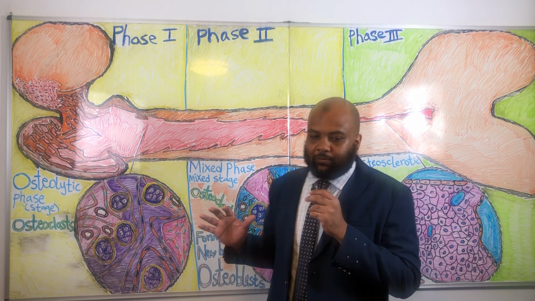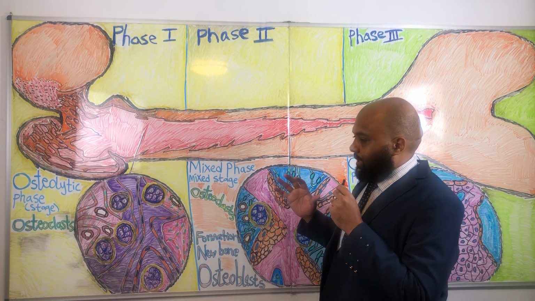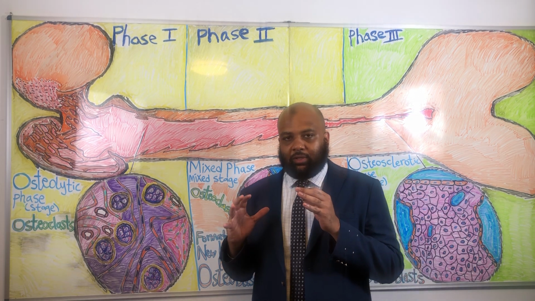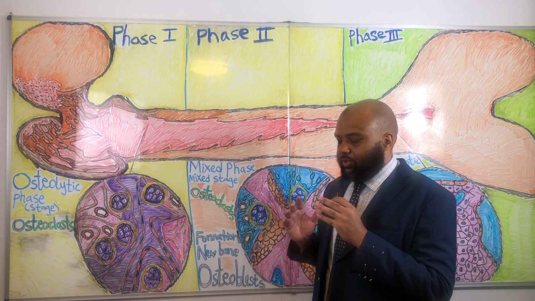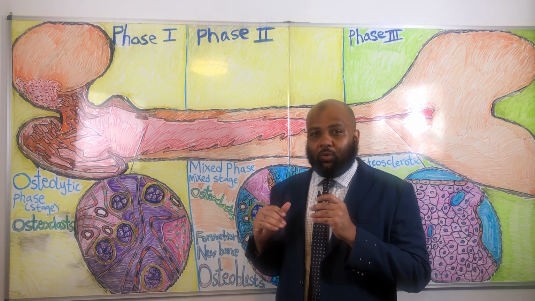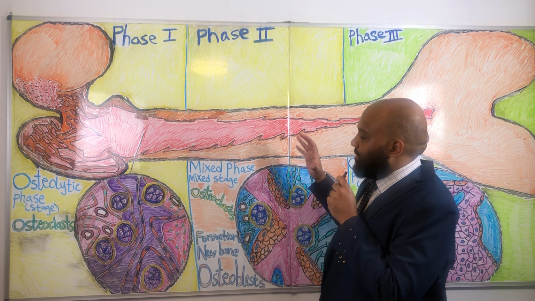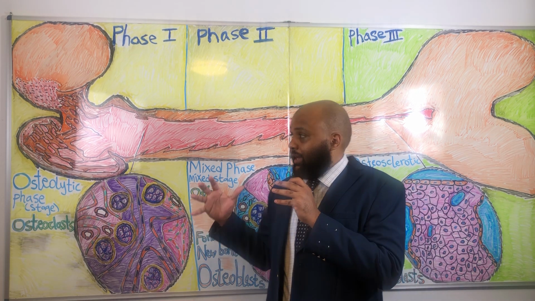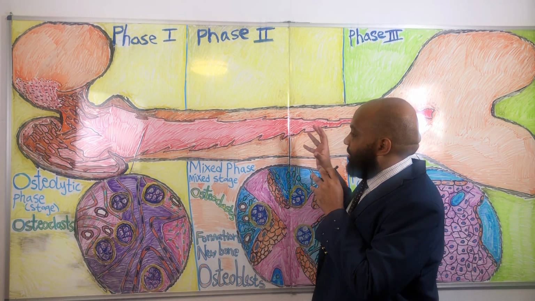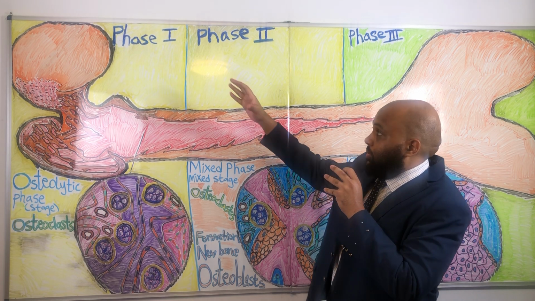This is a very important disease that is predominantly within the Caucasian population. It hits about 1% of Caucasian men who are above the age of 40 years old. And this is an inflammatory disease. It's an inflammatory disease that manifests as inflammation within the bone tissue, and it is divided into three phases as